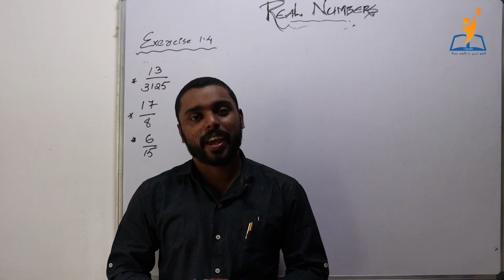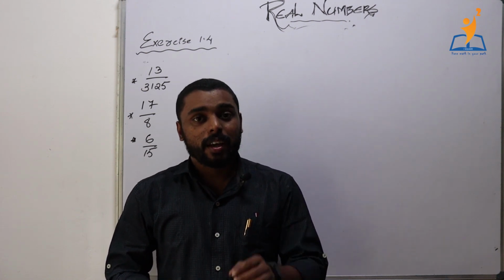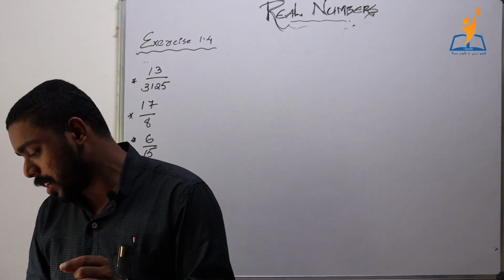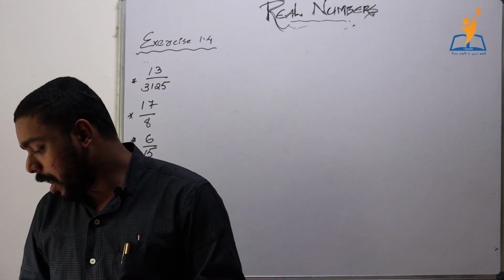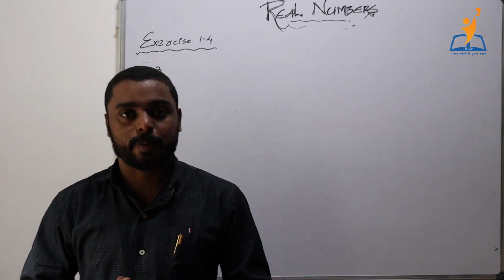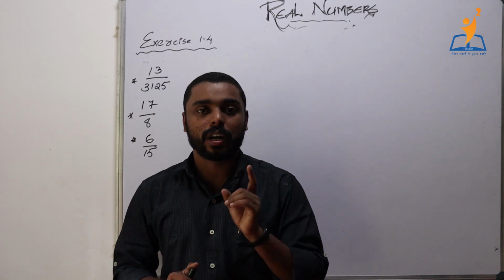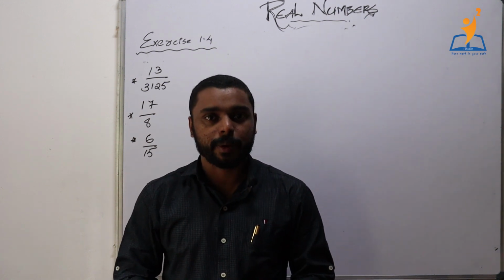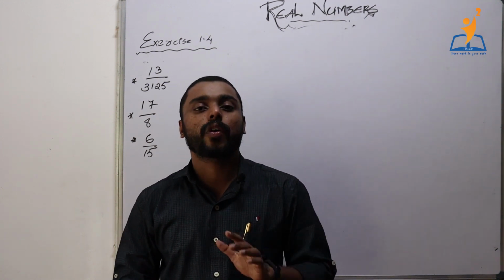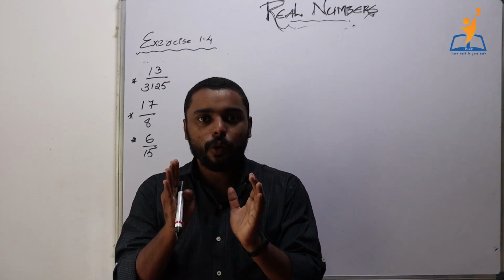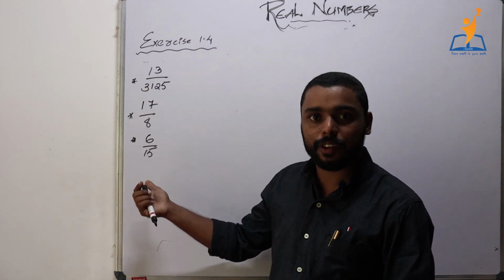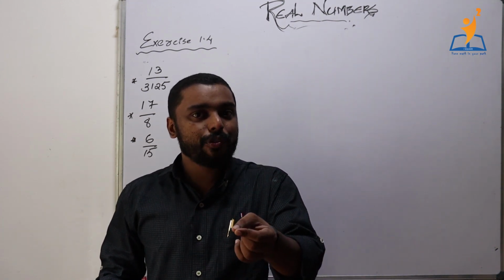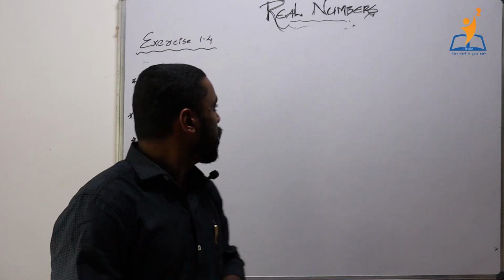Question number 2 of exercise 1.4. We are asked to write down the decimal expansions of those rational numbers in question 1 above which have a terminating decimal expansion. In the previous example, we have shown that these 3 numbers have a terminating decimal expansion, and in this exercise we are asked to find the decimal expansion. Of course it is possible to divide and find it, but it is a time consuming process, so we are doing it by a small trick. First question,